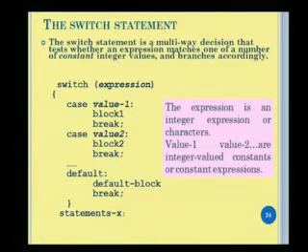Then we are seeing case value 2, block 2, break, and accordingly we can define n numbers of values. After putting n numbers of values, if none of the conditions match, a default value has to be put. For that we can define the default keyword. The default keyword checks the default condition. What happens in the default condition? Default, one colon is to be defined, and after that colon a default block including a break also.